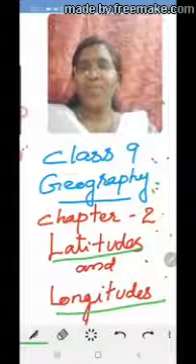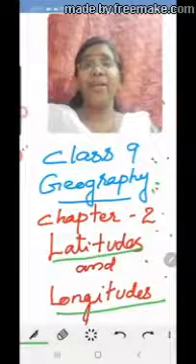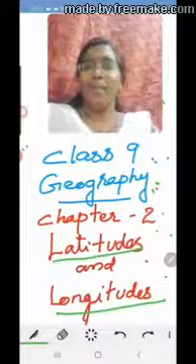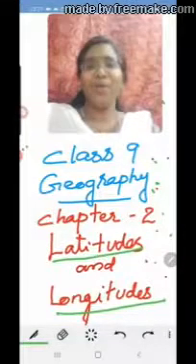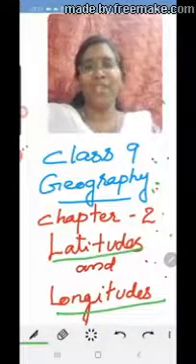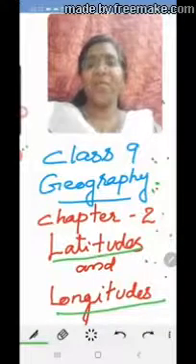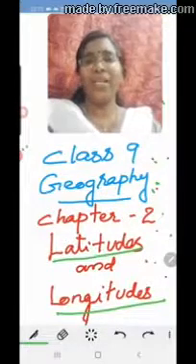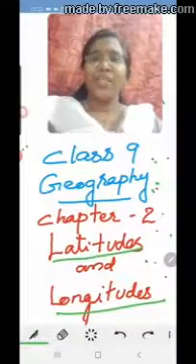Whenever your parents want to visit a new place, what do they do? Nowadays, first of all, they enter the name of that place and its address on Google Map, and then immediately they are able to obtain all the important information, like where to go, where to take a turn, which direction, and which are the closer landmarks. All this information is obtained by Google Map. How do you think Google Map does that?